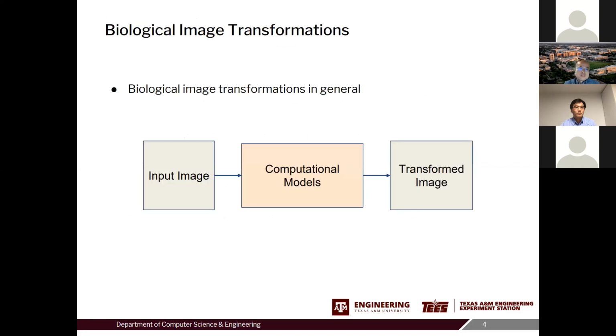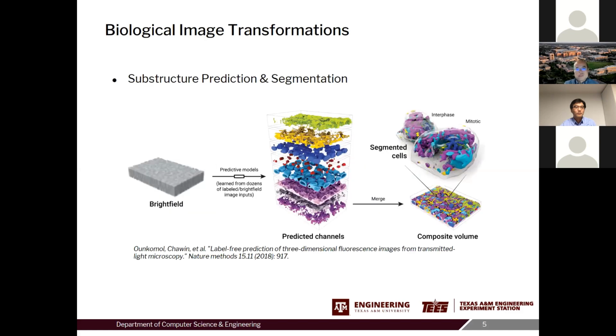As I mentioned, the image-to-image transformation problem is that you have an input image and you use some models to transform the image into another image. Image segmentation is one of the examples. You have an image as input, and you produce a segmentation map as the output. There are many other examples in the medical and biological domains that require such paradigms.